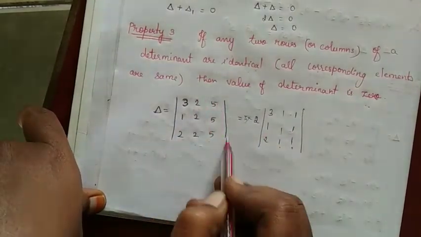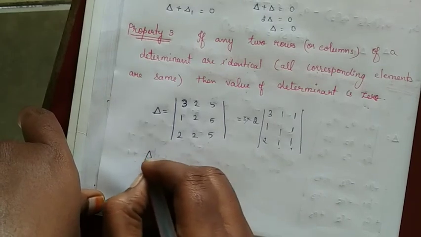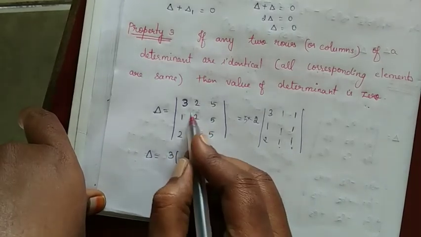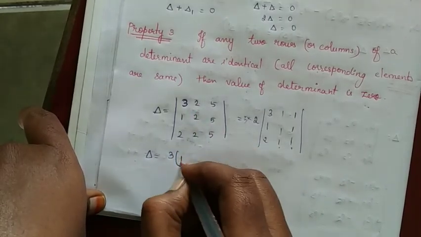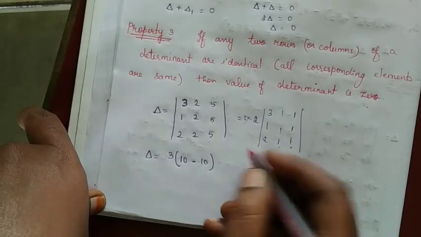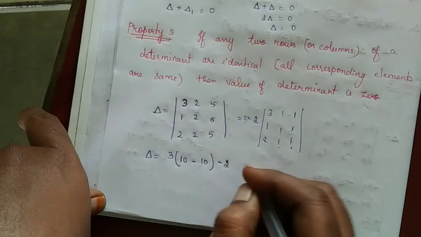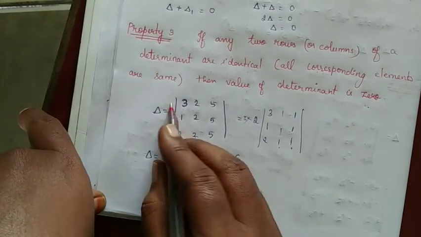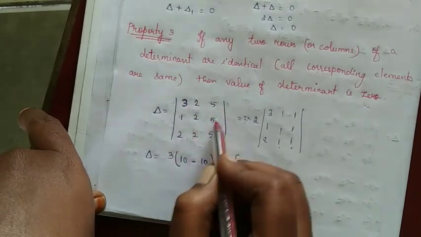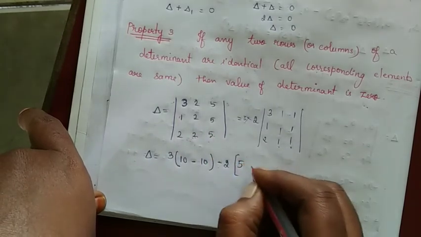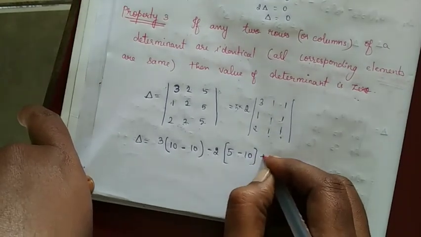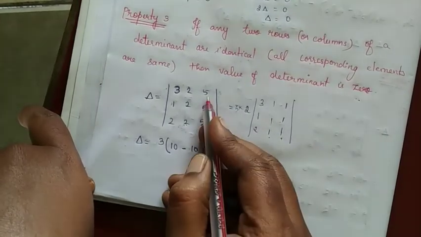Now see here, this is the determinant given. Find the value. Determinant is equal to 3 of, this row and this column we have to leave. Take this alone. 2 into 5, 10, minus 2 into 5 is 10. This place has minus sign, so minus 2. Next is this row and this column we have to leave. Now these two we have to take. 1 into 5 is 5 minus 2 into 5 is 10. Next place is having plus sign, 5.